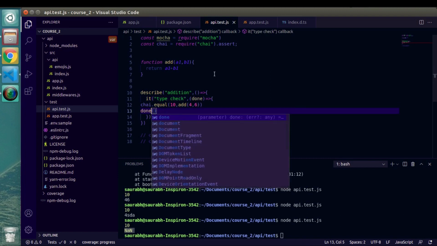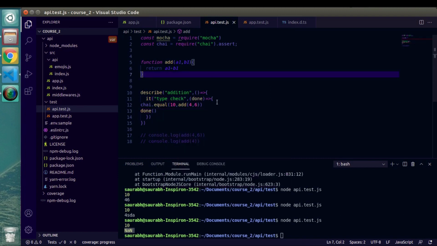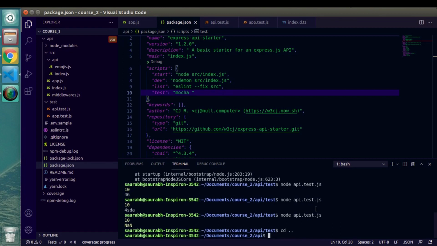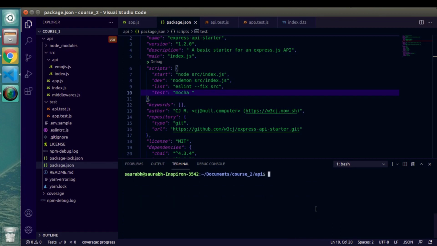This way you can write your test case. Now in order to execute this test case, you just have to go back into your working directory, and inside of package.json you will write simple mocha. Now if I go back inside of the main folder and run this command, npm run test,